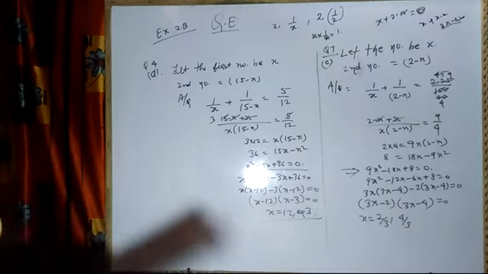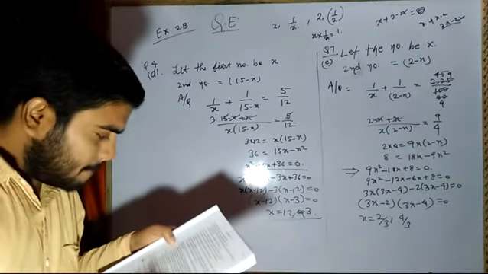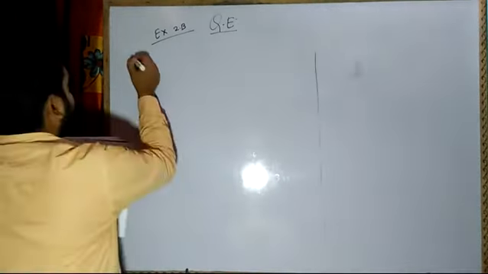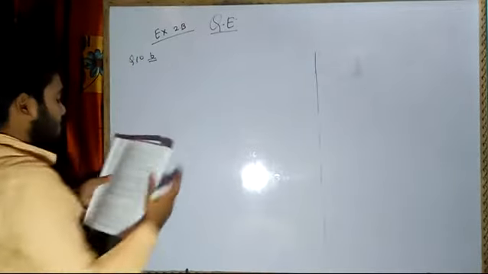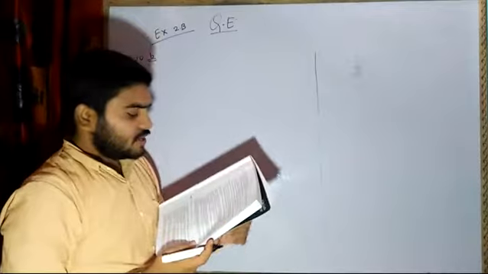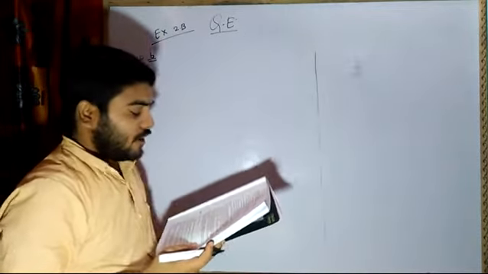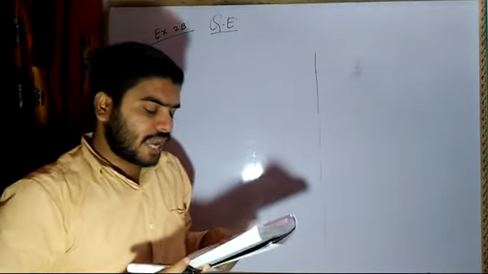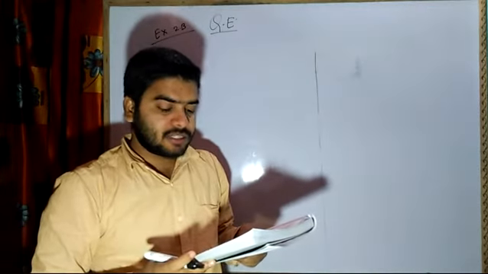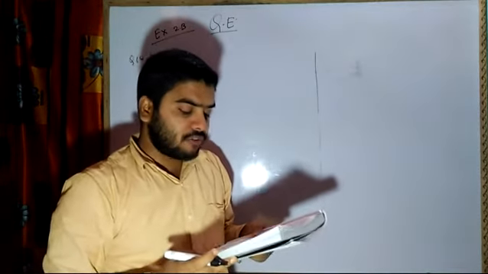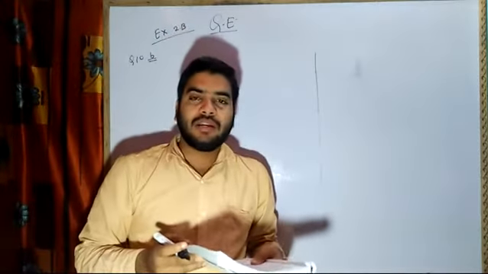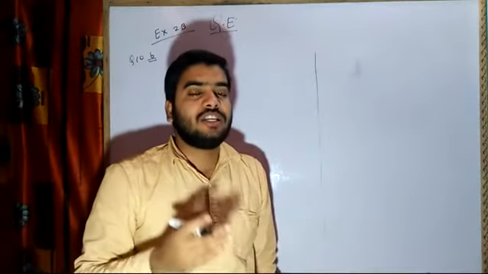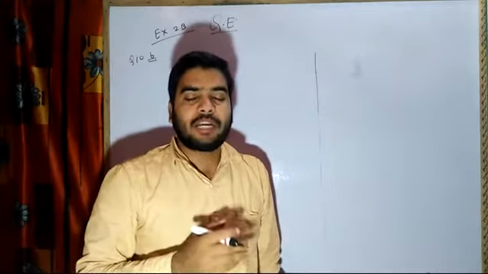Now I will be solving another question, question number 10b. Question number 10b is a bit different type, in the group of age problems. Mrs. Tandon has two sons, one being exactly 1 year older than the other. At present, her age is equal to the sum of the squares of the ages of her sons. If one child is x years, the other child is exactly 1 year older, that means x plus 1.